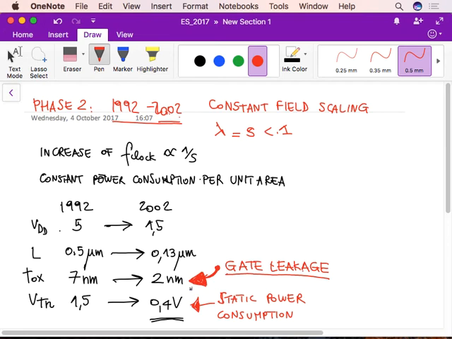Otherwise, the static power consumption would not be under control, and therefore they had to stop the decrease of the voltages. So we entered a third phase in which there was no voltage scaling anymore. Voltage scaling was almost stopped, and it was possible to continue only for a few years, with